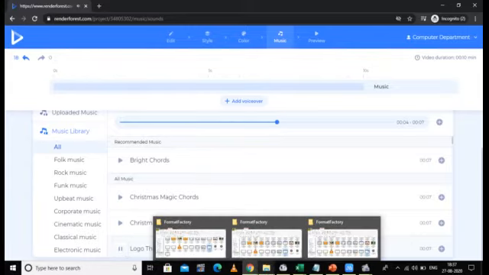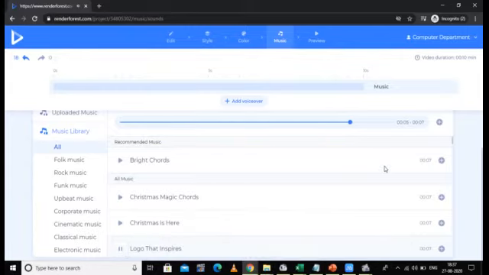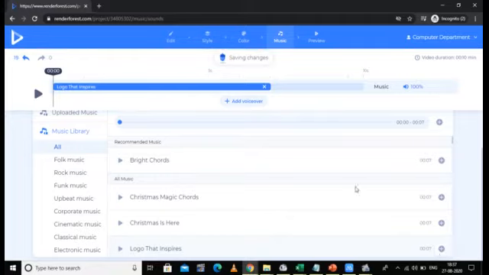If you think that this is the perfect music for your first slide, you have to press this plus sign. Once you did this, this music has been added here. But my scene is for 10 seconds and music is only for 7 seconds. So you can have this again, you can add it. So I'm having the same music twice in my slide.